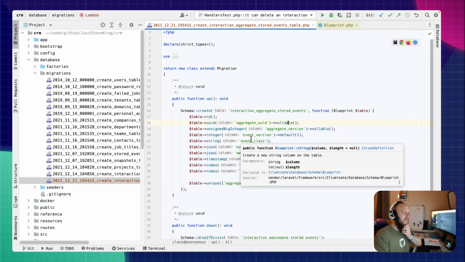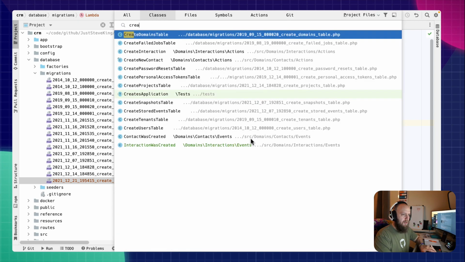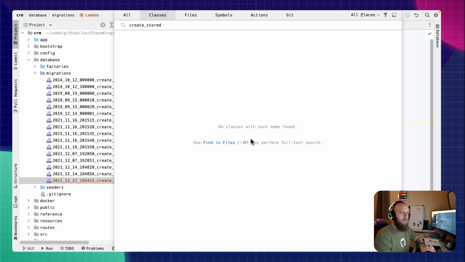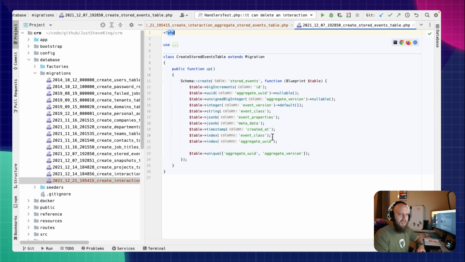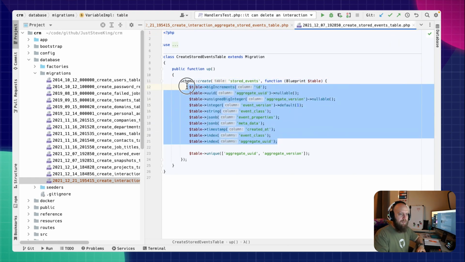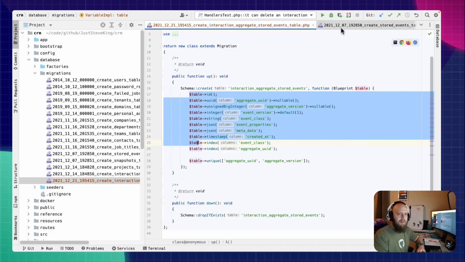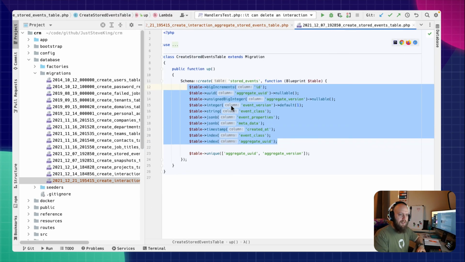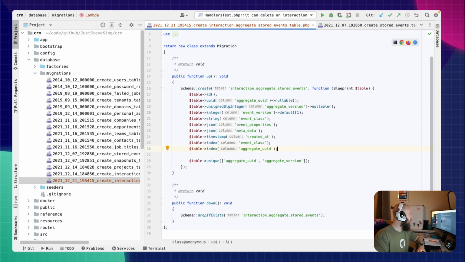So if we just do like a file search for, I don't know, create stored events table. It's very much the same thing, but for a different table name. Very, very similar, same thing. So what we need to do now is to create a basic model for this,